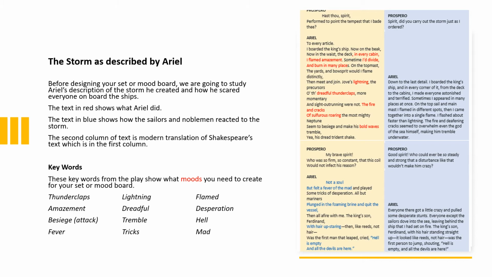Prospero says, "Hast thou, spirit, performed to point the tempest that I bade thee?" Ariel: "To every article. I boarded the king's ship, now on the beak, now in the waist, the deck, in every cabin, I flamed amazement. Sometime I'd divide and burn in many places. On the topmast, the yards and bowsprit would I flame distinctly, then meet and join. Jove's lightning, the precursors of the dreadful thunderclaps, more momentary and sight-outrunning were not. The fire and cracks of sulphurous roaring, the most mighty Neptune seemed to besiege and make his bold waves tremble,